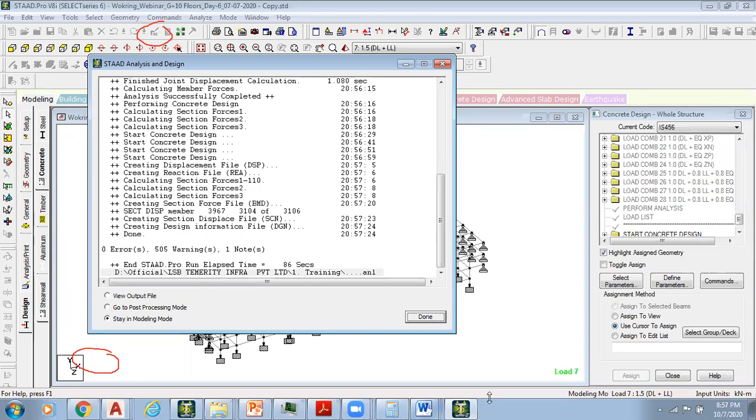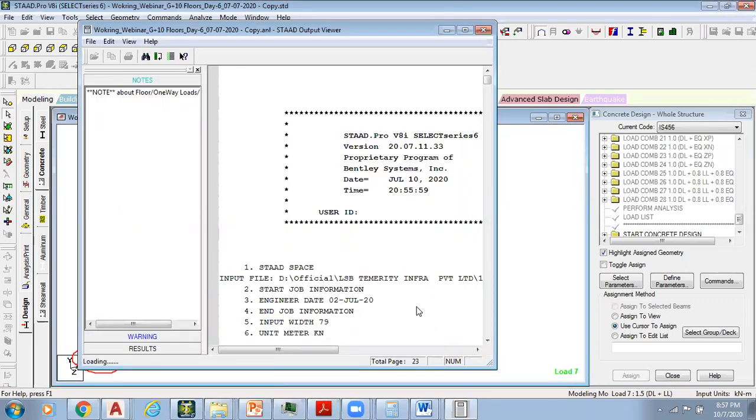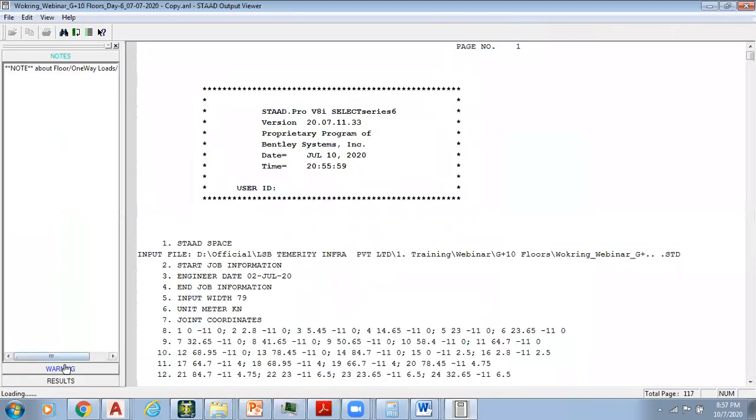So again, I can get back to this STAAD Pro. I go to this view output file, click on it. I can say done. So it's loading. It's still loading.